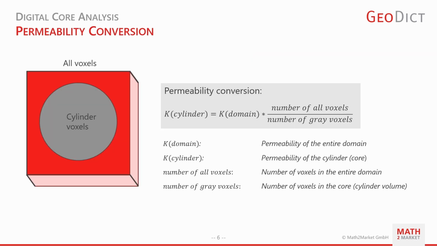Since the permeability is computed over the area of the computational domain, one should remove the effect of the void voxels outside the sample. This is as easy as shown here. Just look up the volume fraction of the flow cell material from the Statistics tab. Calculate the core volume fraction as shown, and finally find the core permeability.